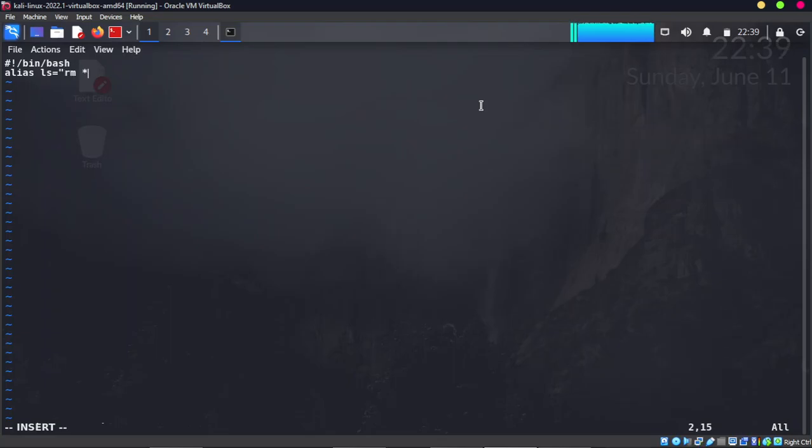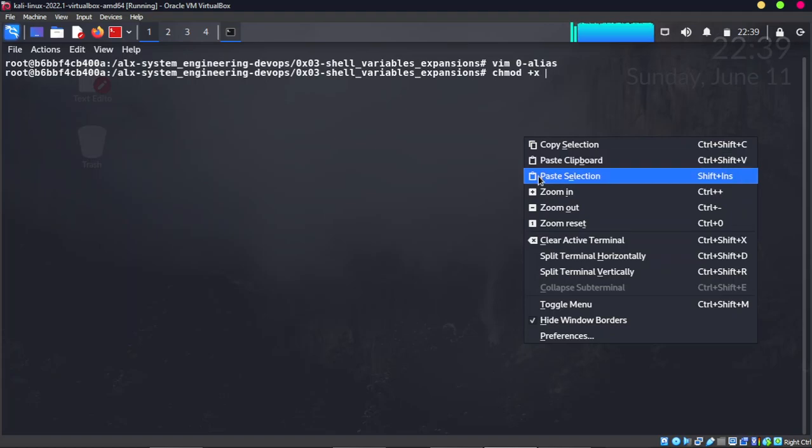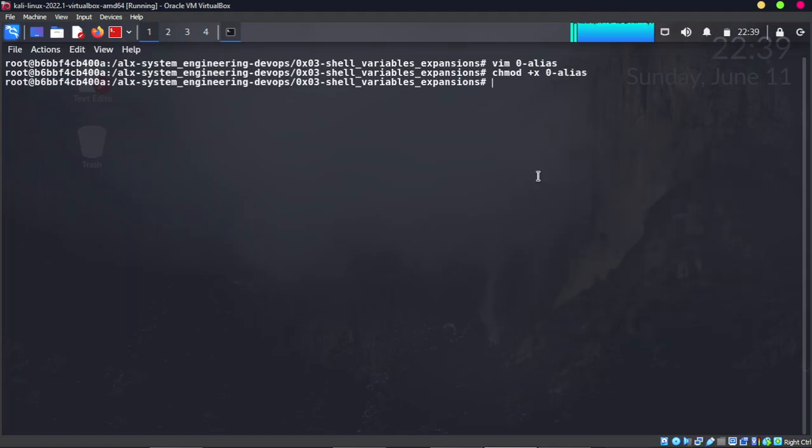So if I include star and I close my curly brace, so don't go to another line, just 2 lines. So I will hit escape, then capital Z to save and exit. The next thing to do now is to make this file executable. So I will do chmod +x followed by the name of the file, which is 0alias. Now hit enter. Okay, so now I can git add,